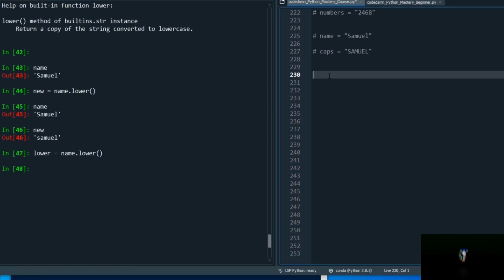Okay, welcome back everybody. All right, I want to delve more into the keyword in. We've already seen and dealt with for i in range, and we used a for loop, right? Okay, so we got numbers right here, and it's a string, 2, 4, 6, 8. Now check this out. 2